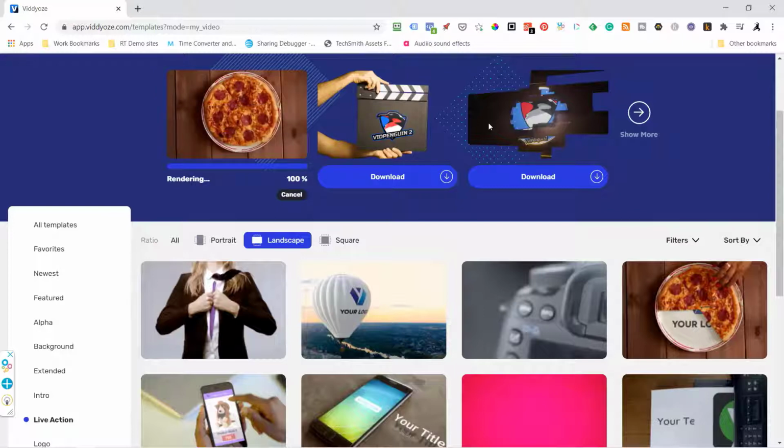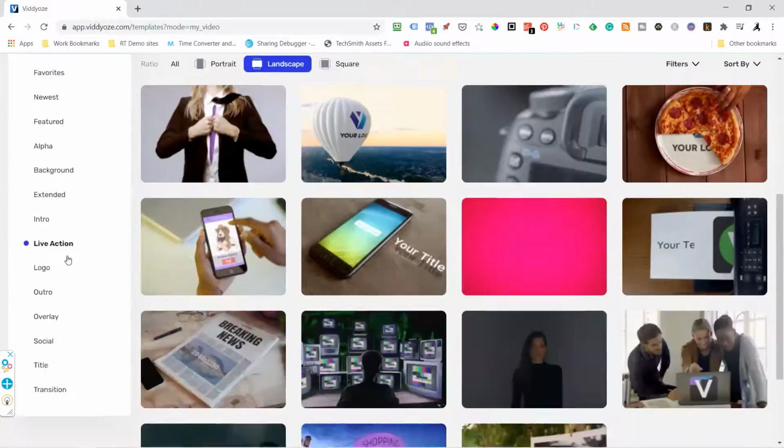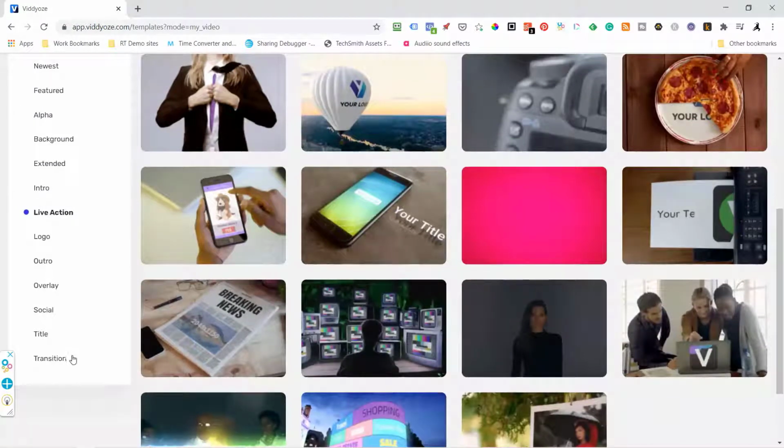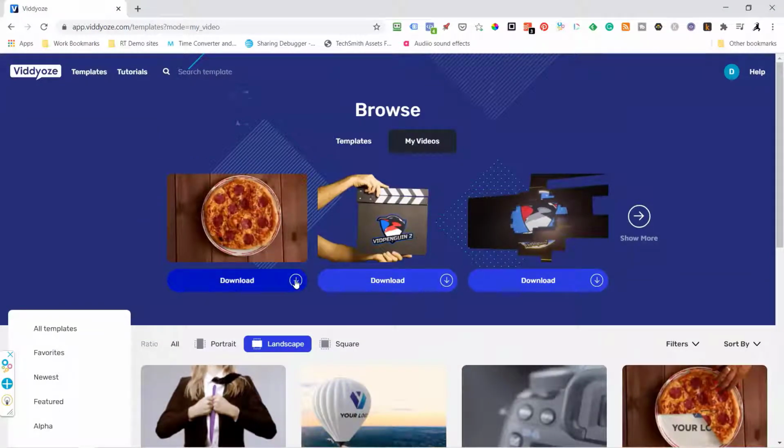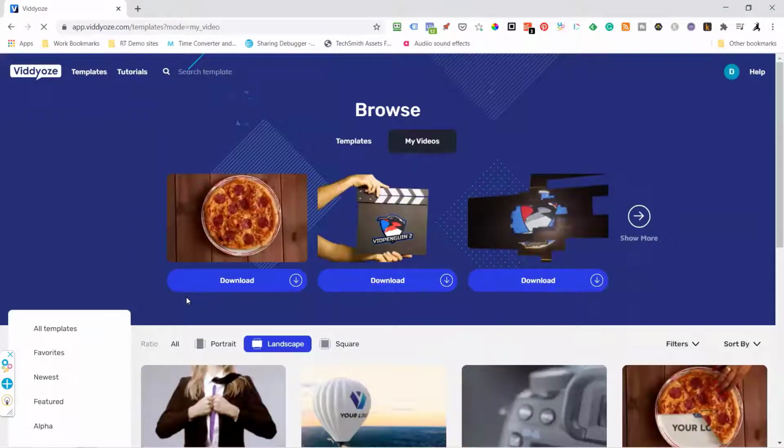Okay, that one looks like it's done. So it's fairly quick. They do have some slideshows also. And these are transitions. You've got some great transitions in there, and social. The one thing I don't spend a lot of time on is building my YouTube channels or getting Facebook followers, and this makes it real easy. You just add your social integration over it. So let's see what this one looks like. And you can also make it into a GIF right there.